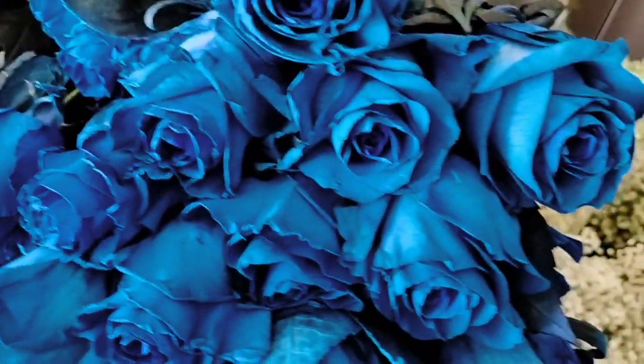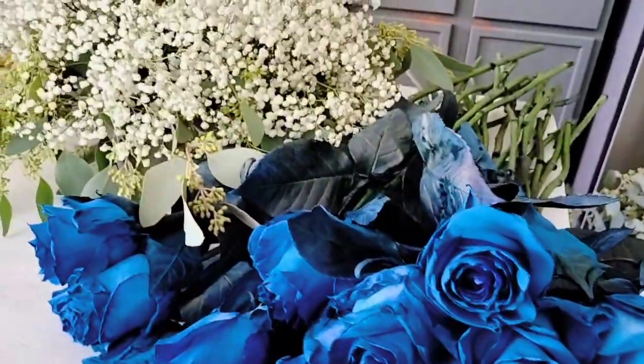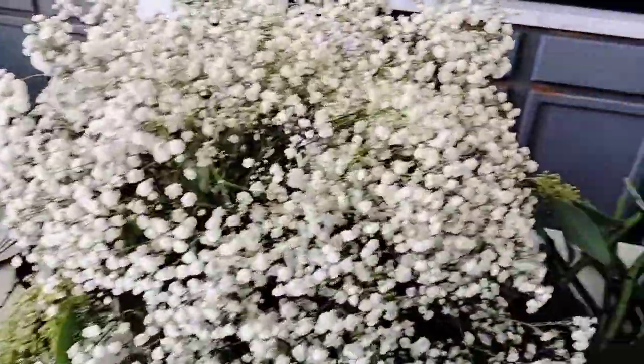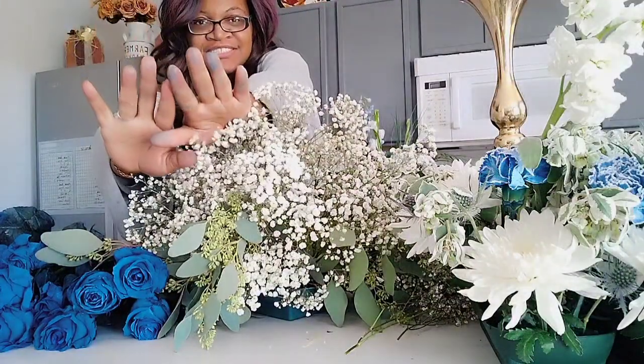Guys, look at these roses. Aren't these beautiful? So it's just been a super fun process. You guys are only getting a glimpse. So you guys, we have been working hard, as you can see,